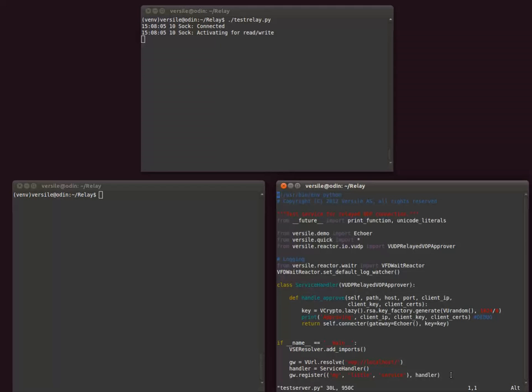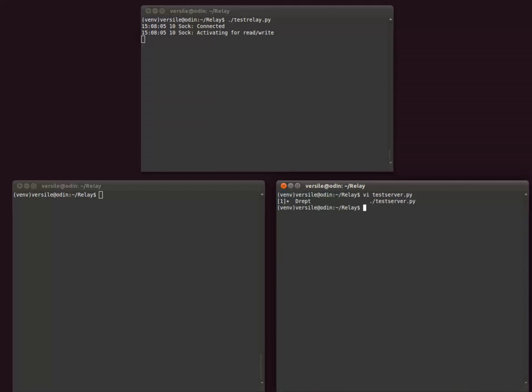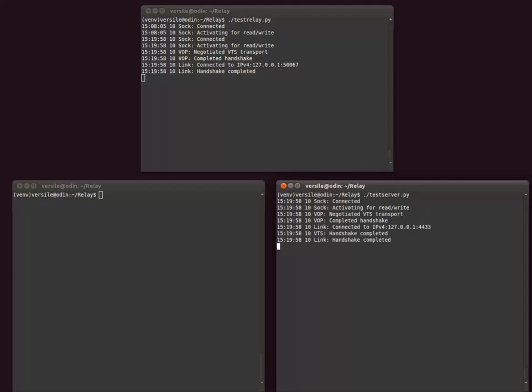So as you can see, very little code to actually set up a relayed service. We have set it up here with some logging, so there will be a little debug logging output as it runs. And we will connect to this relayed service with a test client,